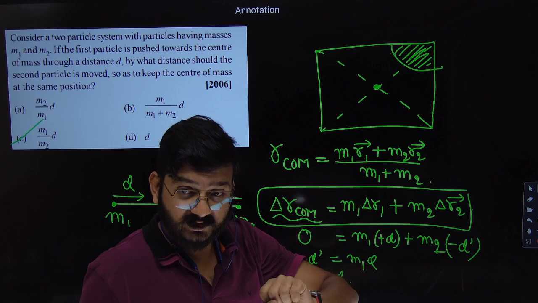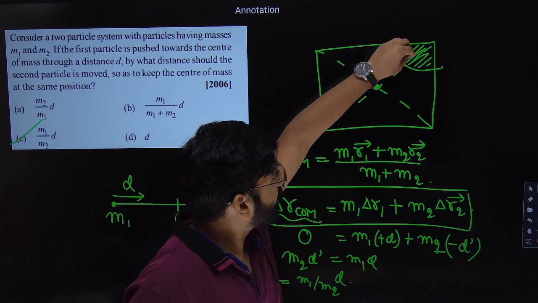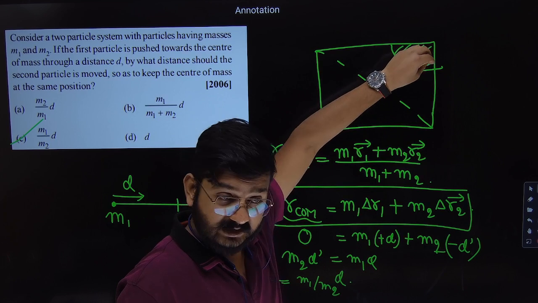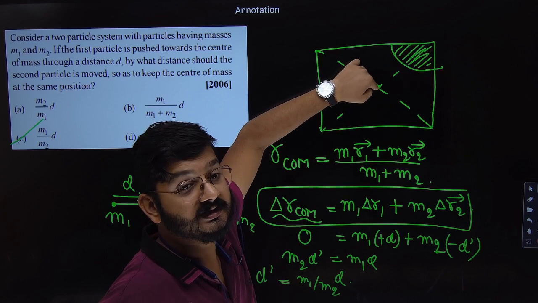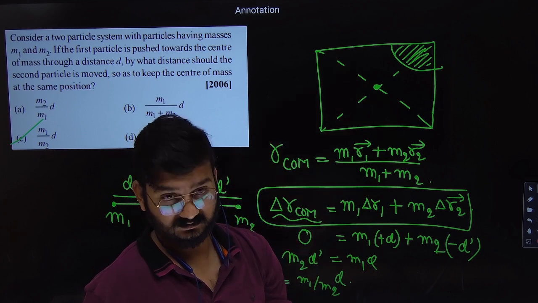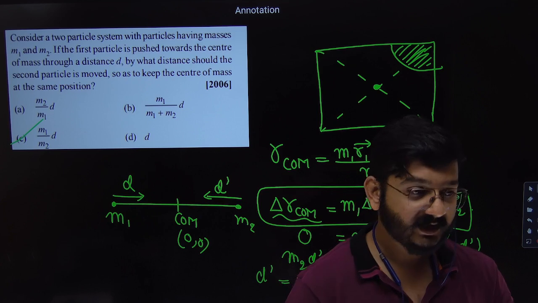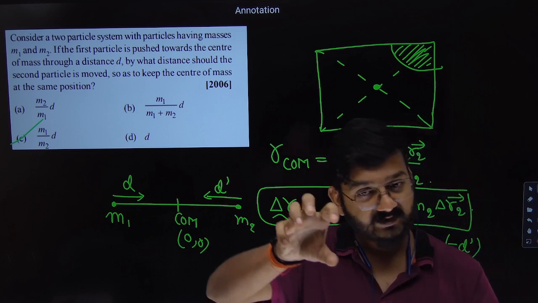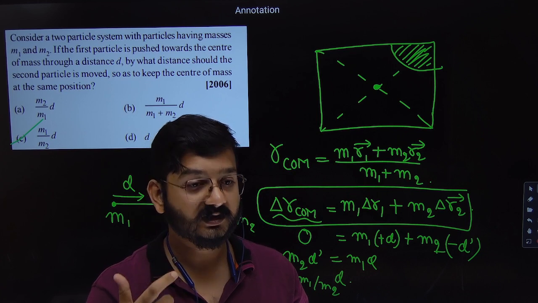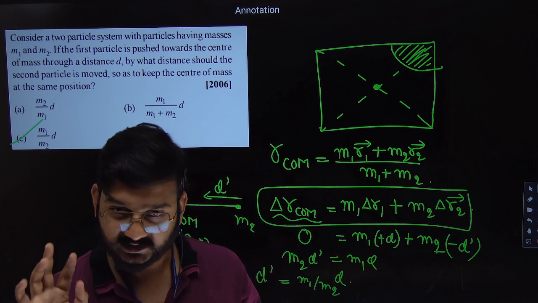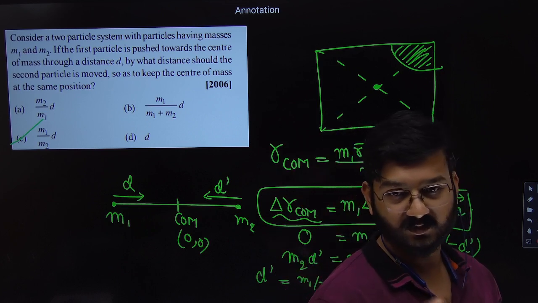Now, is the mass uniformly distributed? No. You will say that the mass is not present here. So will the center of mass be at the same point? No. The center of mass will shift. So these kinds of questions come in your exam: if there is a square plate or rectangular plate, and from there I remove a particular portion, what will be the position of the new center of mass? That is the first. Second, basic questions that ask to calculate the center of mass of an object.